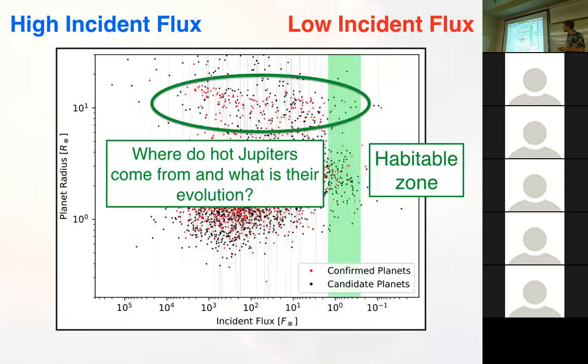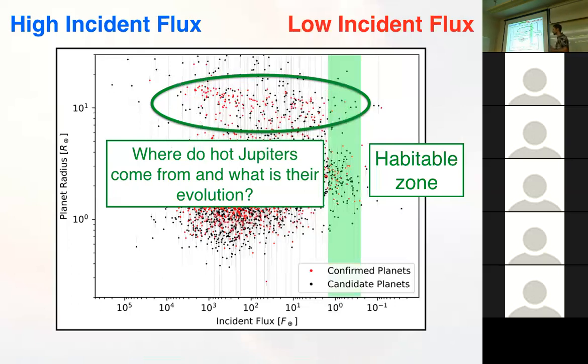But Jupiters are actually some of the least understood planets that we know of. As I've mentioned before, we actually have this huge population, although overall it's a small fraction of all planets, but we have this large population that's easy to find of hot Jupiters. And those were the first planets we found, but we still understand the least about them.